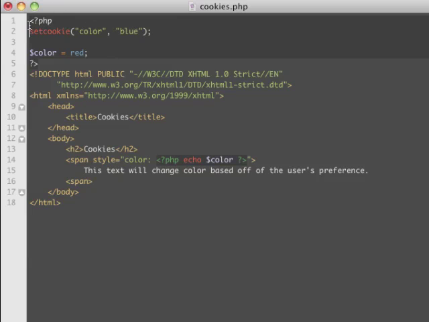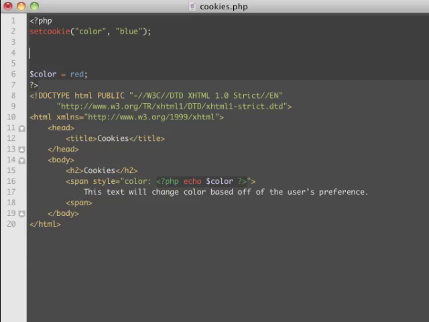So this is pretty simple. We'll set the cookie right at the top. I'll show you some errors later on in this lecture when we try to change the headers or set a cookie after we've started sending out HTML. I'm going to set the cookie to blue here, and now we're going to use a function here,